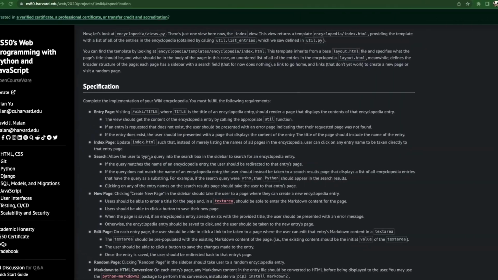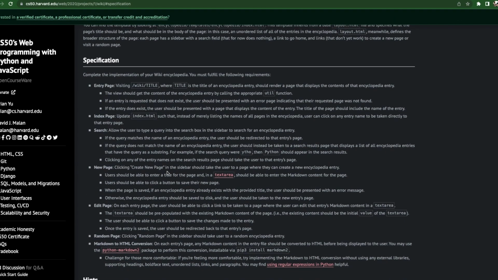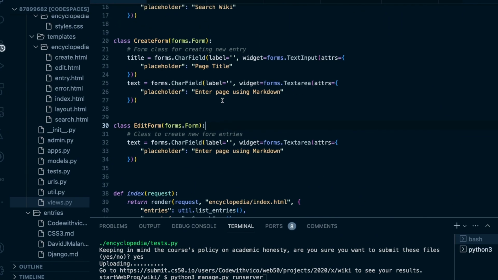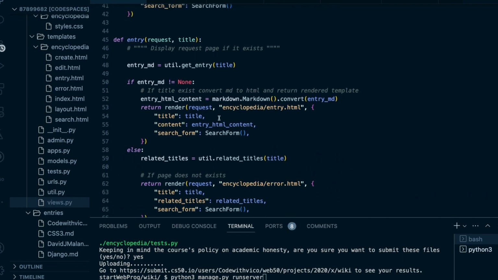If we go back to the specification, the first thing they want us to do here is to create the entry page, whereby if any of the users visit a similar link like this in our own site, it should give them the following results, whereby a particular entry. So to do that, we will define the function for entering, and we will also use the markdown previewer to convert all MD